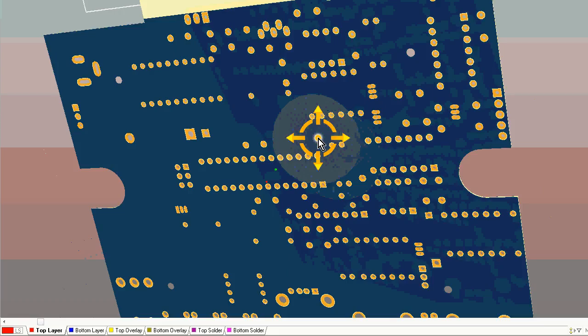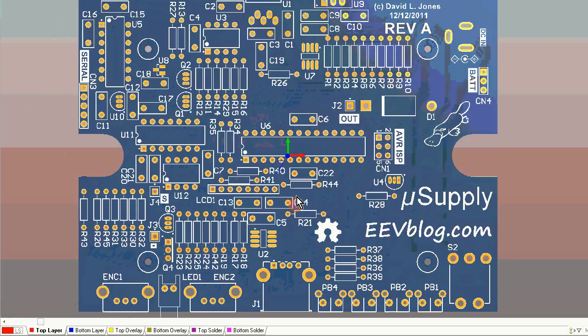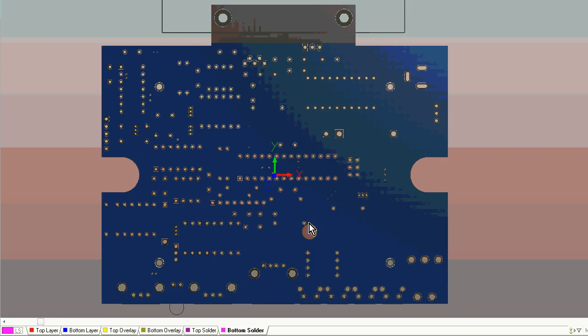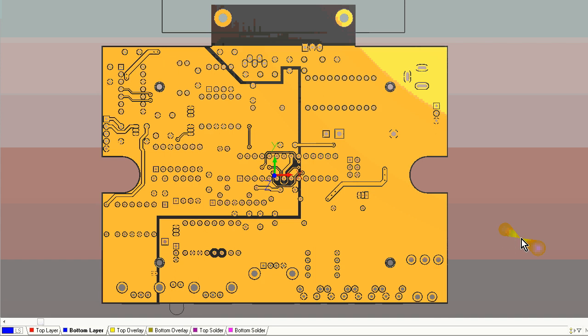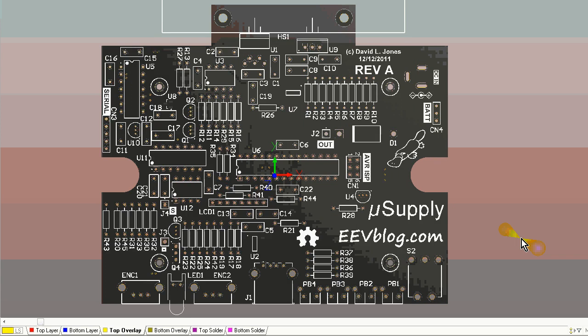I'm not sure what I'm doing now. I'm just mucking around more with 3D view. You'll notice the top part of the board that sticks up has had the solder mask removed from it. The reason I did that is just because I like it. It's just a different look. It allows you to mark the bottom of the board, something like that. I'm checking the copper layer, silkscreen layer, individual layers in